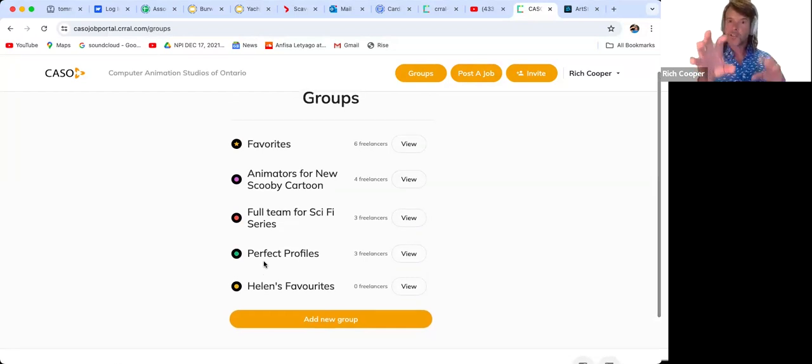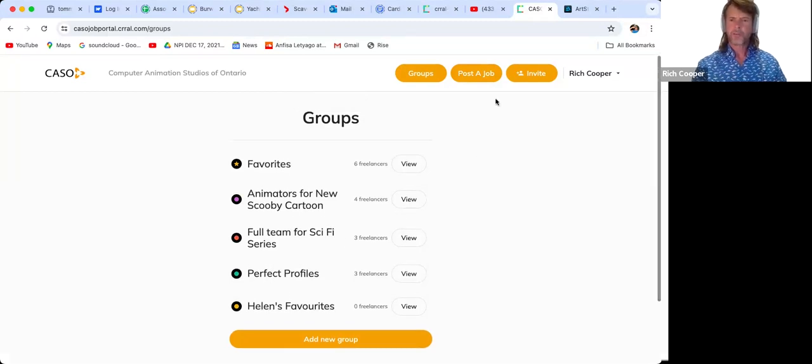And now you can see the various people in your organization, their groups of favorites. And now you can see how powerful these groups are. These are curated pools of talent that are going to save you time and again. So that is a run through of the non-job post features.